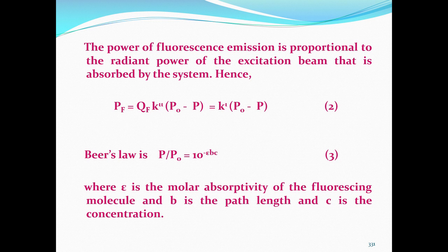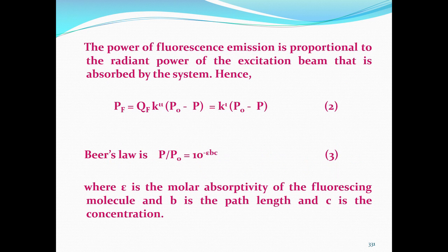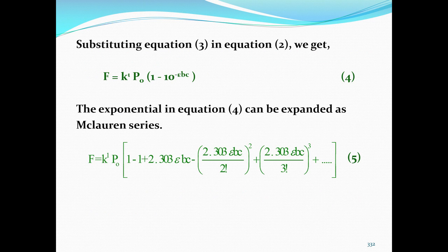Beer's law is something similar to this, P by P naught is equal to 10 to the power of minus epsilon Bc, where epsilon is the molar absorptivity. Since both the quantities are similar, what we derived was we substitute equation 3 in equation 2, that is P naught minus P in that equation. So, what we wrote is fluorescence is a function of P naught into 1 minus 10 to the power of minus epsilon Bc. This is absorbance basically. So, the exponential can be expanded in that bracket something like this, and